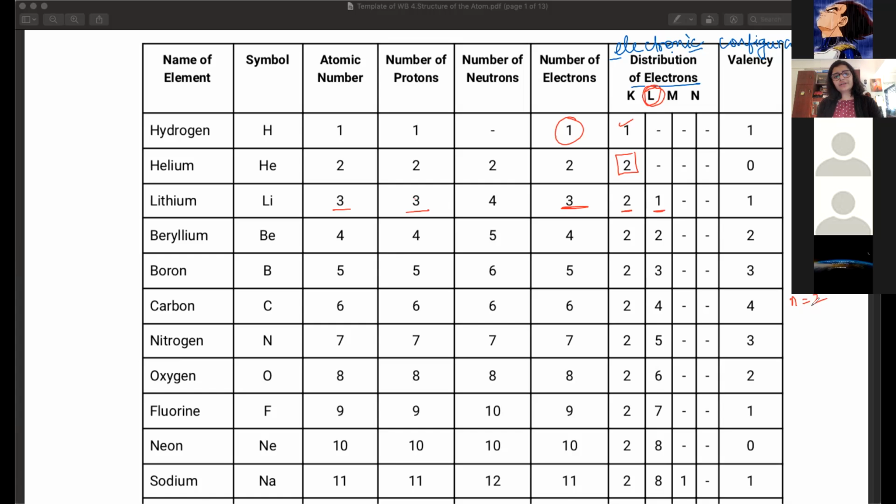Aryan, how did you calculate that? Ma'am, you asked us what's the number of neutrons? No, I asked about the second shell, the L shell. How many electrons can you put in that shell? What is the maximum number of electrons you can put in that shell? Ma'am, L shell or N shell? L. The second one. Oh, highlighted. Okay. Aryan, you got it. Sushil, what did you do? Ashka got it.